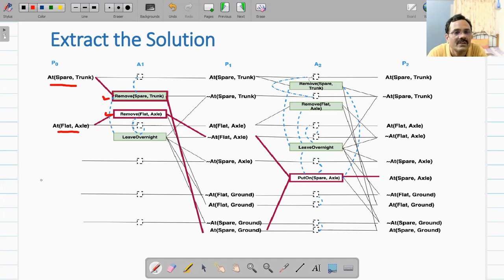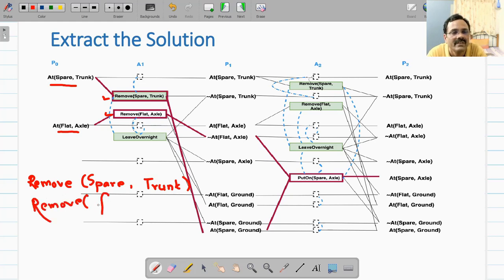So your solution is you perform this first action, that is remove spare from trunk, then perform remove flat from axle, and then perform the third action, that is put on spare on axle.